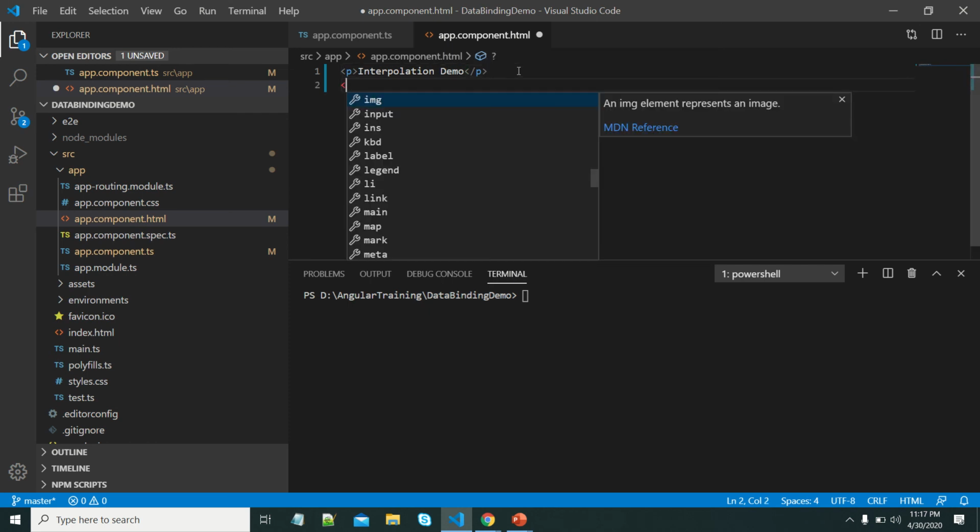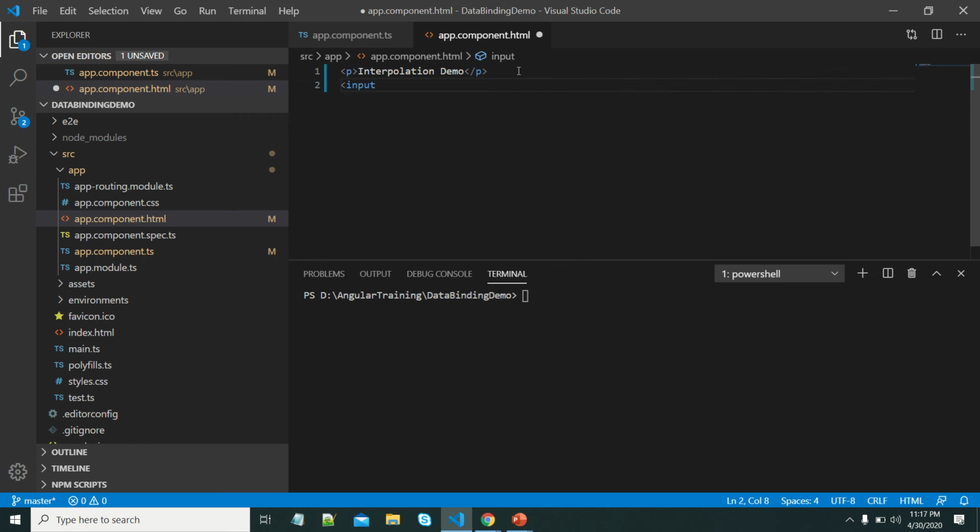Okay, let me write here input type is equal to text, value is equal to 10. I have just created one input element, a text box element.